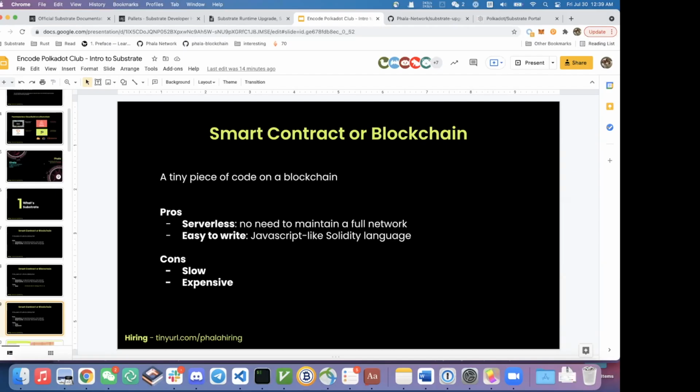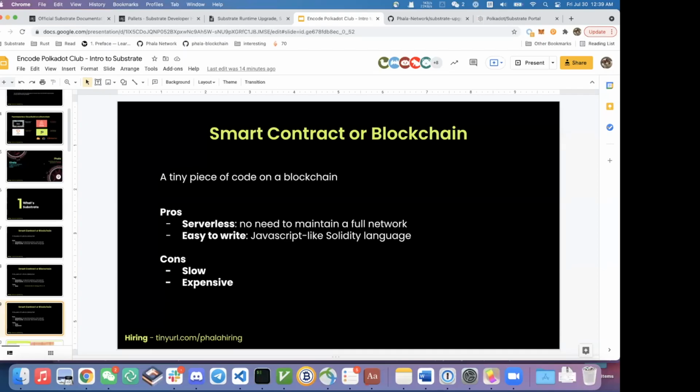And it may even decrease a little bit, because when the network grows larger and larger, it will make the consensus slow down a little bit. And because the overall capacity is limited, everyone deploys their own smart contract on the same blockchain, and